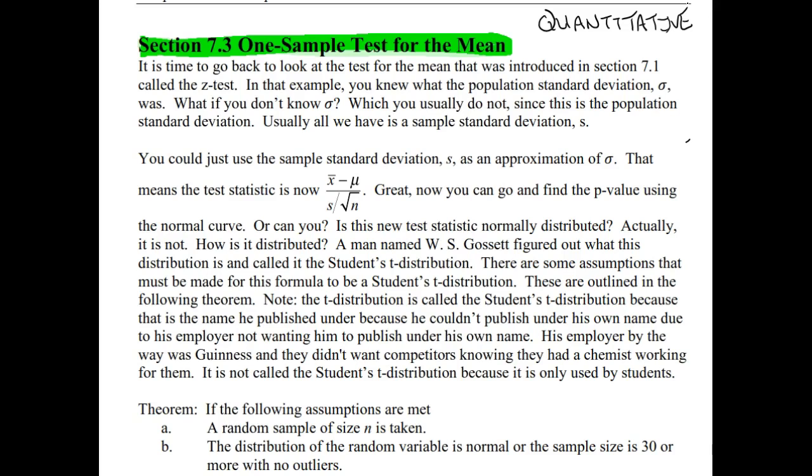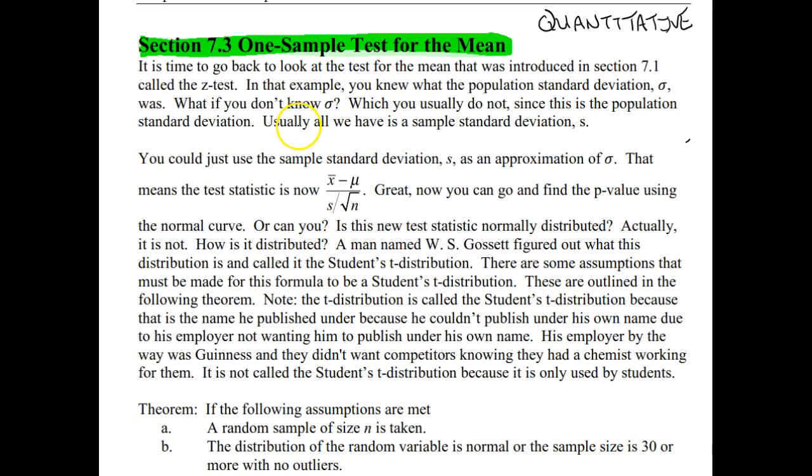called the z-test. So although we walked through a really long problem with lots of steps trying to bring those first 6 chapters together, we actually didn't do any problems like that in the homework. Because in that example, you knew what the population standard deviation sigma was. But typically we don't know the standard deviation. So in that section we ran through the z-test for the mean because it tied nicely to the normal distribution that we had just finished in chapter 6.